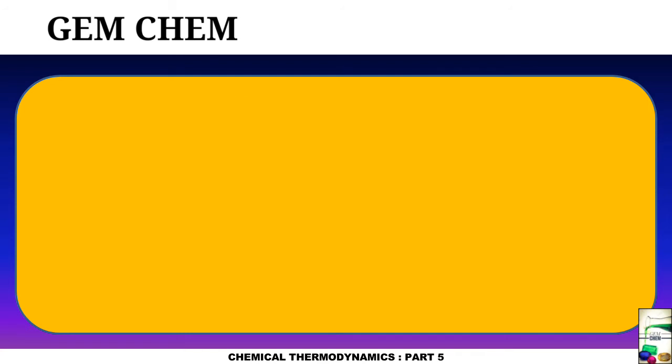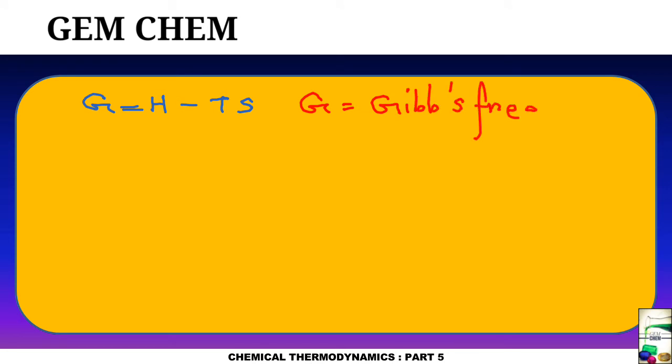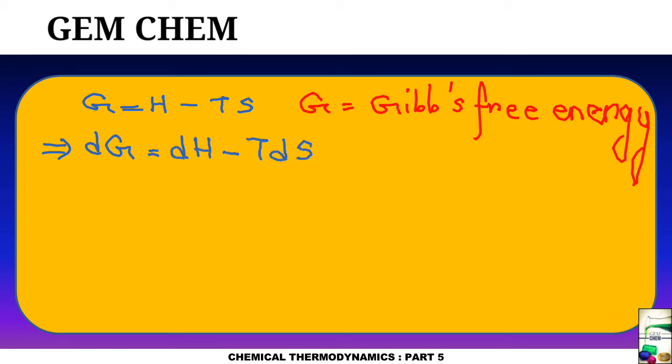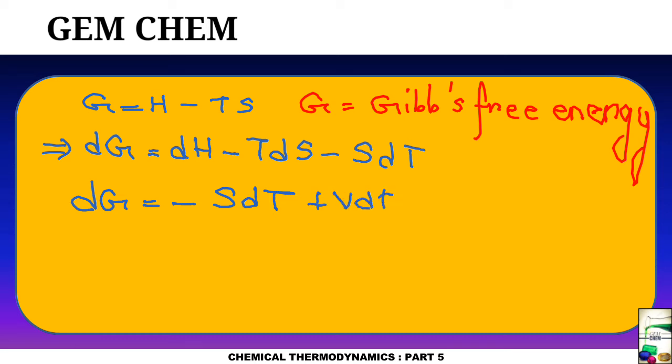These are the 3 fundamental equations, and the last fundamental equation is the Gibbs free energy, which is given by this formula. G stands for Gibbs free energy, and this term will be dealt with when we deal with the second law of thermodynamics. On differentiating, dG comes to be dH minus T dS minus S dT, and dG finally comes to be minus S dT plus V dP, just substituting the value of dH and T dS. So we are getting these values. Okay, if you try and practice, then it will be easy.